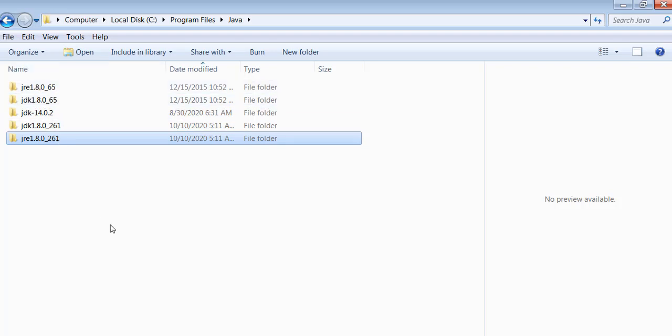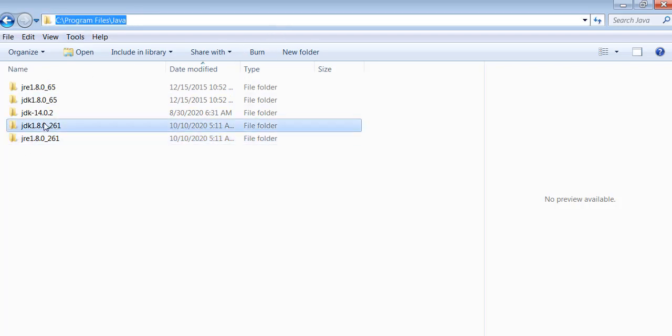I have different versions as well. One important point: you can have multiple versions of JDK and Java installed in your laptop, it is not a problem. The only thing is we need to set only one Java version in the classpath. What is classpath? We'll see now. But as of now, this is the location where Java is installed. I have JDK and JRE. Both folders are available. It is important to confirm that both folders are available. Both are required for us to execute Java programs from the command line.